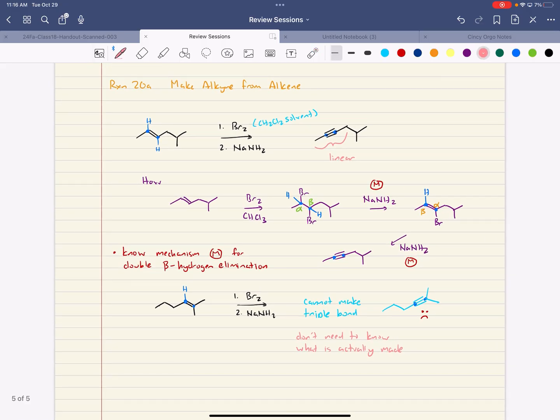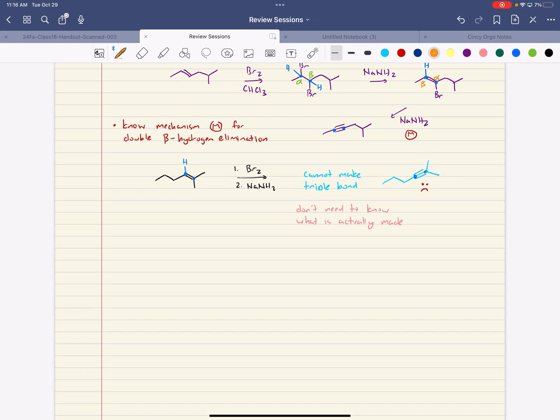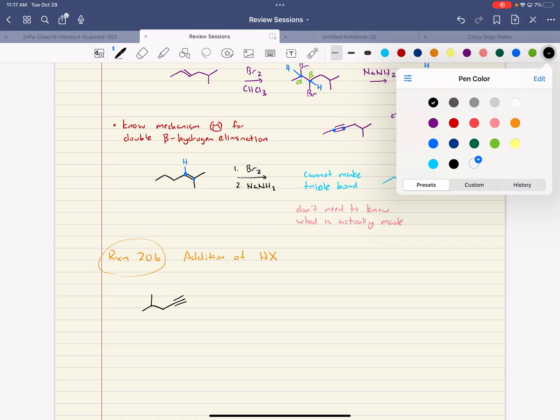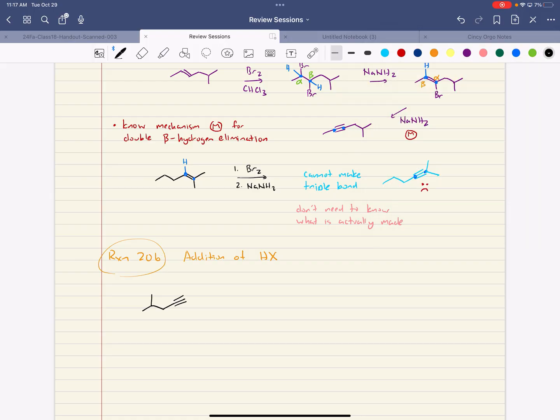That is reaction 20. That was a little bit longer than I expected. Let's see if we could fly through the rest. Okay, let's go to 20B. This is addition of HX. Yeah, we're going to fly through this. For a lot of these examples, it's good to start with a terminal alkyne. And I will always write excess, just so you know you have to do this at least twice,